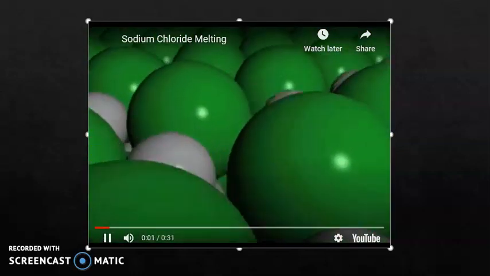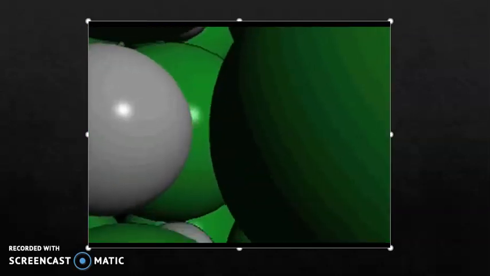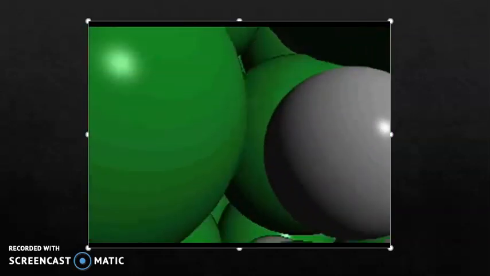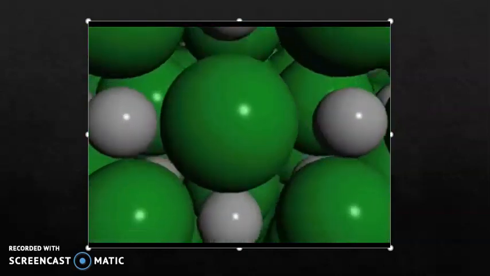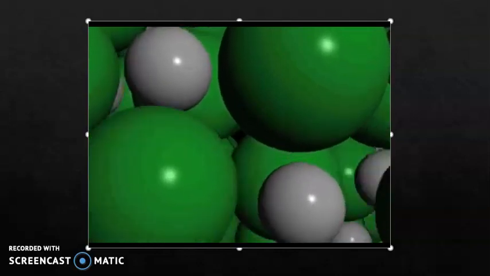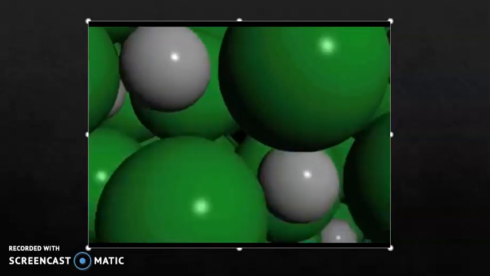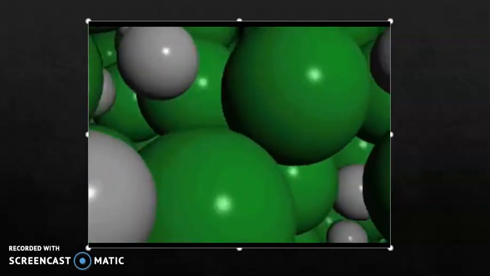So here we go. Here's just a little zoom in of the sodium chloride structure. And we're going to slowly increase the heat. I know we're kind of zooming around a little bit here. Notice that all of a sudden the atoms start to vibrate a little bit more aggressively. I keep ramping up that heat, and again, they vibrate more and more and more aggressively, constantly stressing that bond